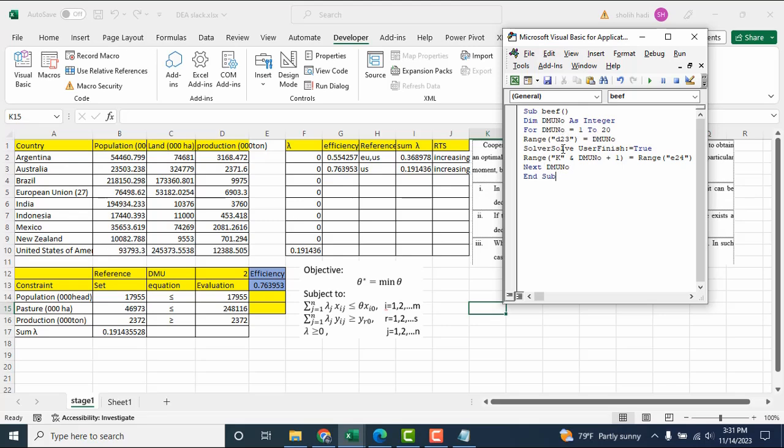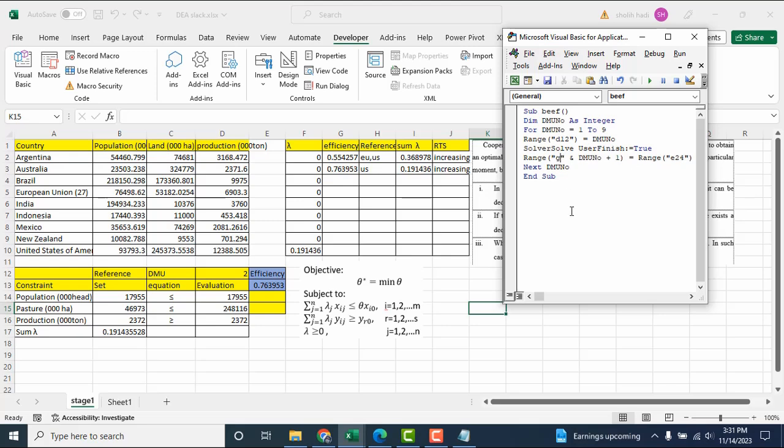Because we have 9 DMU, so we edit here 1 to 9, and then this is here D12. We edit here D12. It becomes the number of DMU, and then we will put in the result.